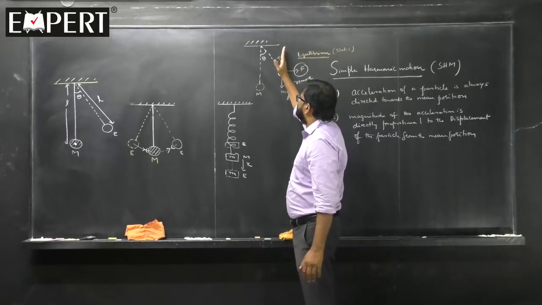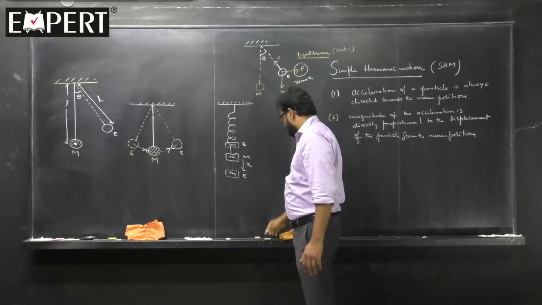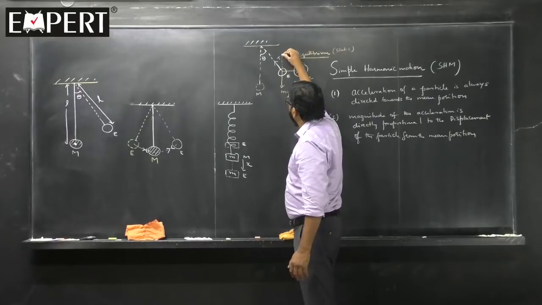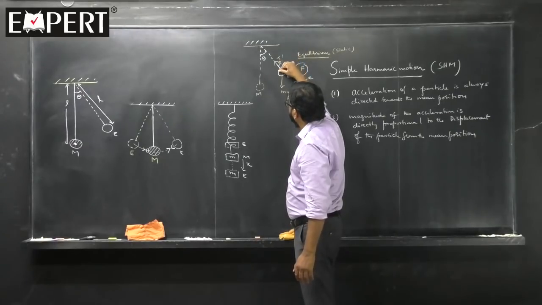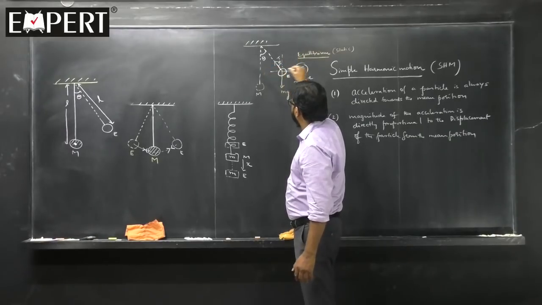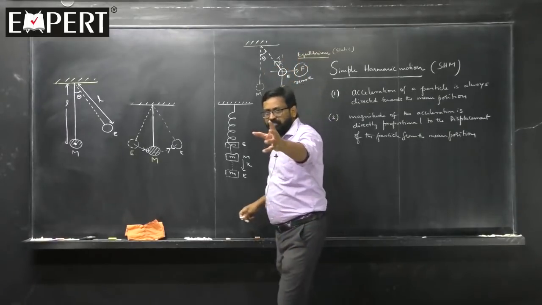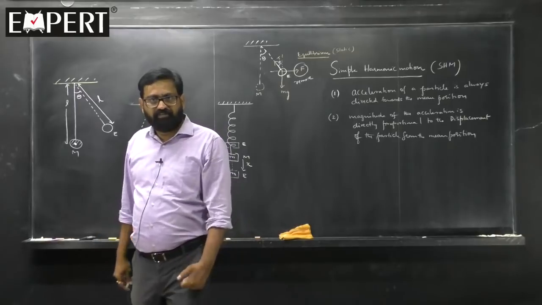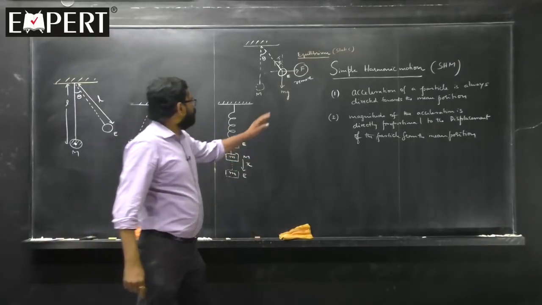I said you resolved T, one component here, T cos theta, when it was at equilibrium, this is theta, correct? This is T cos theta, this is T sin theta. T sin theta was balancing F, T cos theta was balancing mg. That is what you have learnt. Correct. Now when you remove this F,